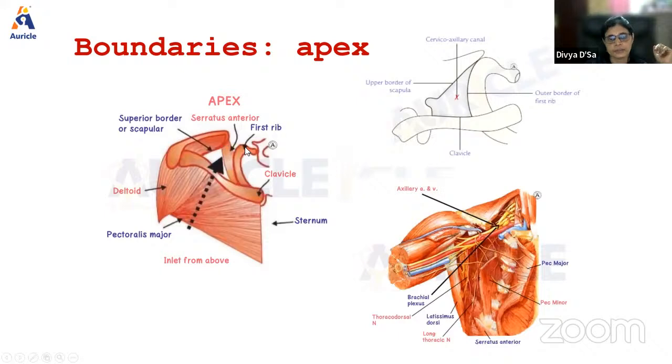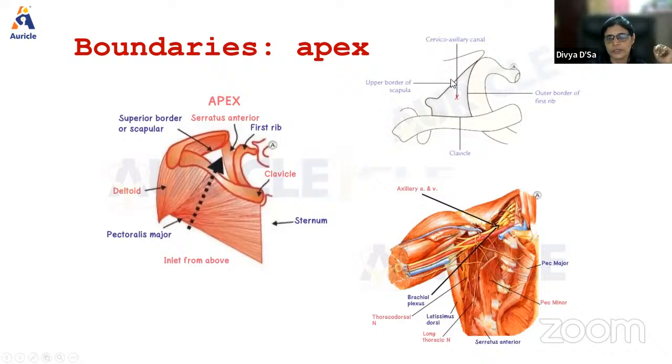Medially by the first rib, and in front, this is the clavicle, and on the side, the acromial process. So this is the superior border of the scapula here. So this is the acromial process. So this is the apex of the triangle of the axilla. So it is bounded here. You can see the outer border of the first rib, the middle third of the clavicle, and the upper border of